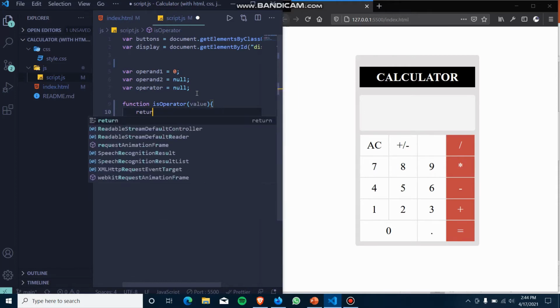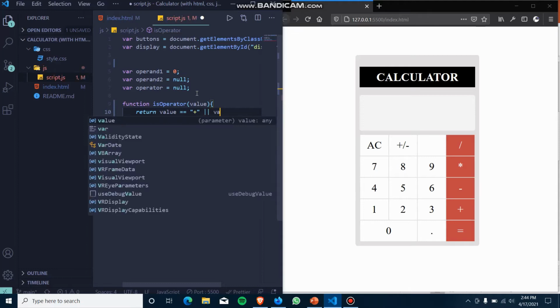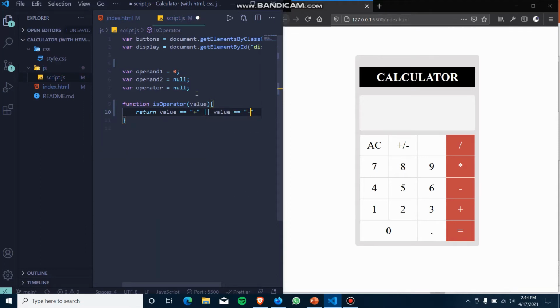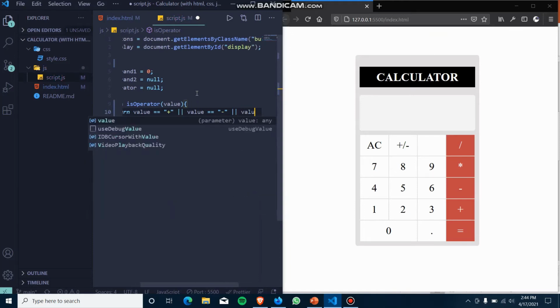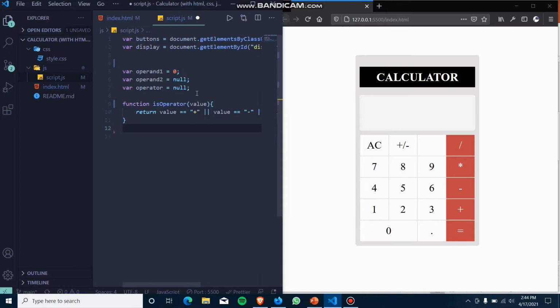Now return, we have to check if the value equals plus, or value equals minus, or value equals multiplication, or value equals division. Cool. So here I have checked that if this plus, minus, multiplication, or division symbol is present, then only they are the operators. Okay, cool.